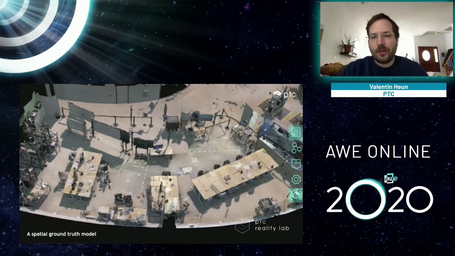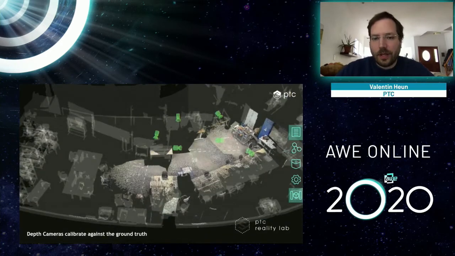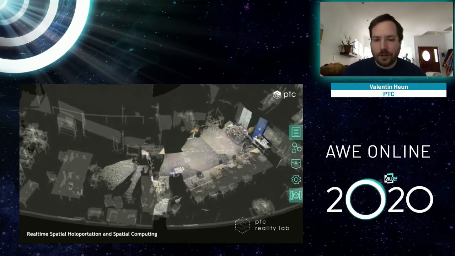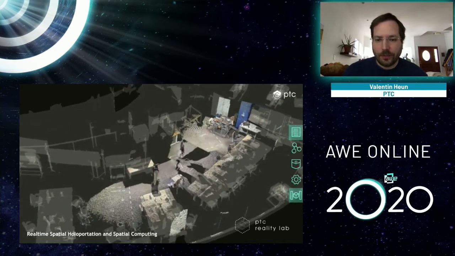And the other thing that I want to show you is that user interfaces don't have to come in the form of a head-mounted interface or in the form of a phone. We're expanding massively into the space around us. So here you see something called a ground truth, a recording of our laboratory. And in this laboratory, we installed a couple of Azure Kinect cameras. And these Kinect cameras are calibrated into the space. And as such, it allows me to actually now follow humans through the space and make them part of a spatial computing experience as well.